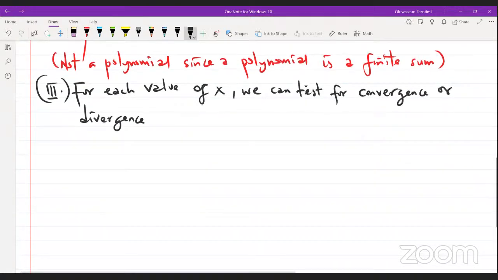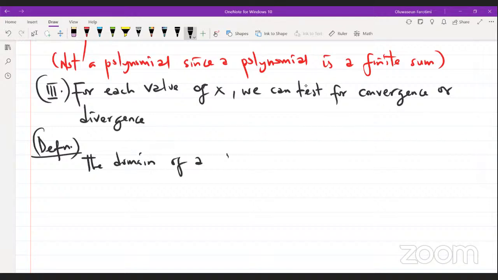Now, another definition. I want to state a couple of definitions before we really apply them. So, definition: the domain of a function. Remember, we can write the power series as a function, as we just saw a second ago. The domain of this function, the sum of Cn x to the n, is the set